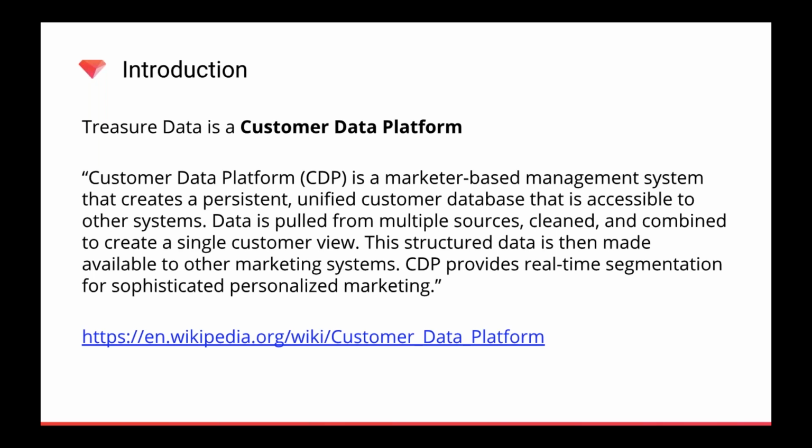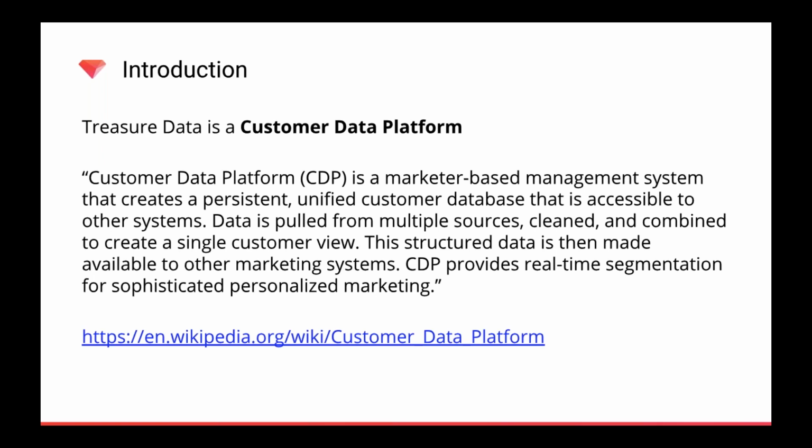And as a CDP, what we enable our customers to do is to automate and streamline the ingestion of data from multiple disparate sources of data. From there, they can clean and unify that data to create a single 360-degree view of their customer. They can then divide those customers into segments and audiences, and take action on that data through integration with any of